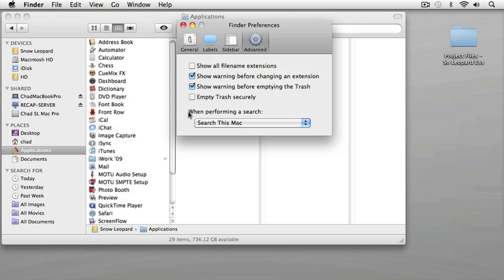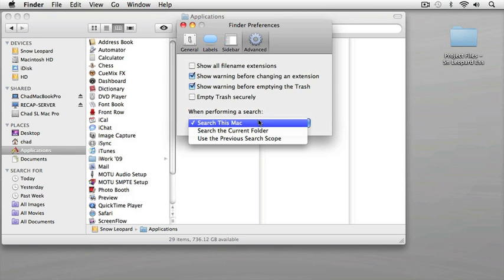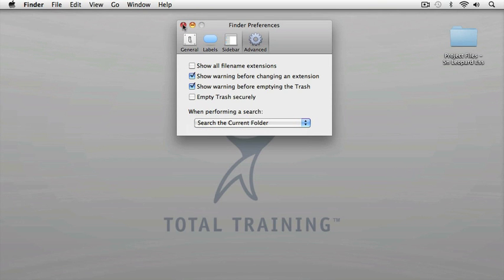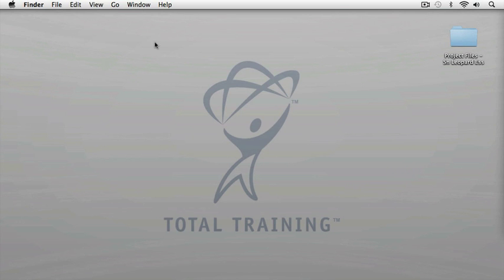And then finally, when you're performing a search, you can choose where the default search is going to begin, from the current Mac, the current folder, or the previous search scope. So I'll change this to the current folder. And I'm going to close any open Finder windows. I'm going to close the Finder Preferences. And utilizing that Finder Preferences window allows you to really customize the Finder the way